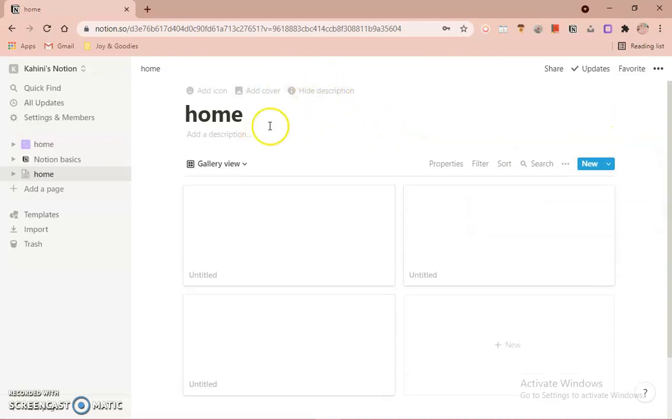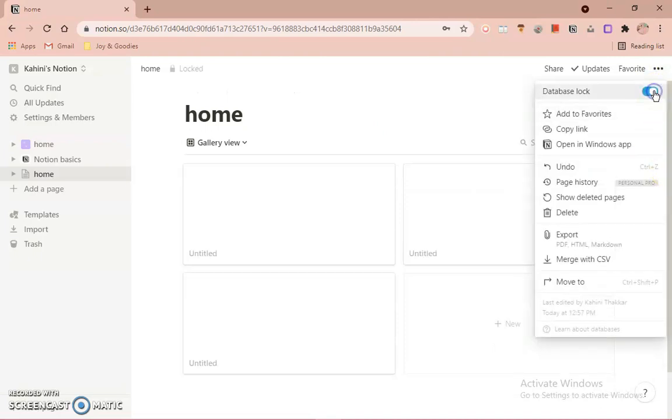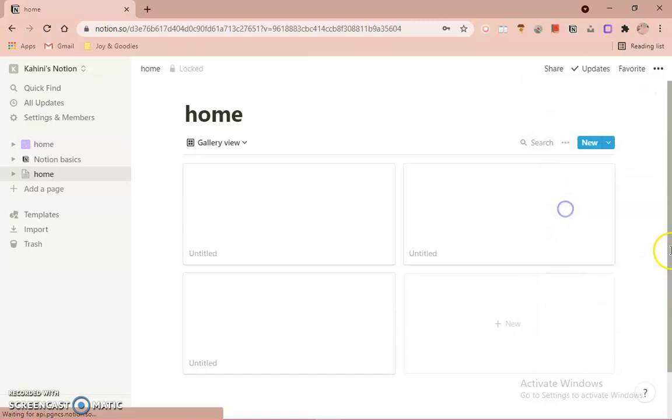If you want to add a description of what you have made, you can do that as well. You can lock the database so that nothing is moving and you can refer to it easily. You can even export that database. Now I'm deleting it,